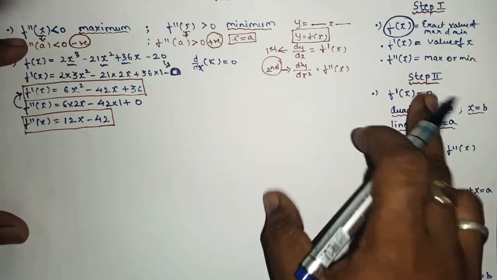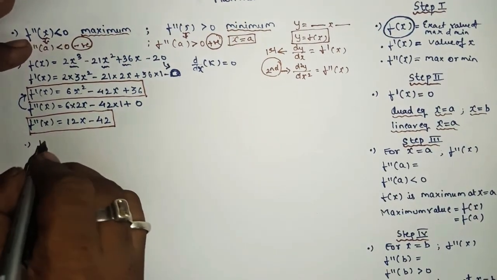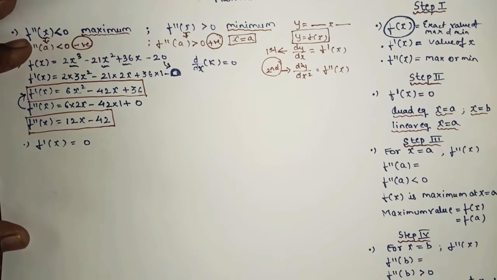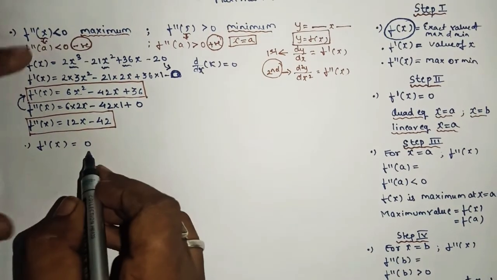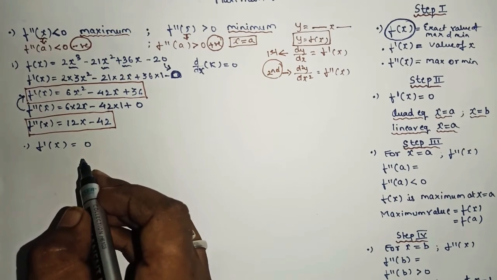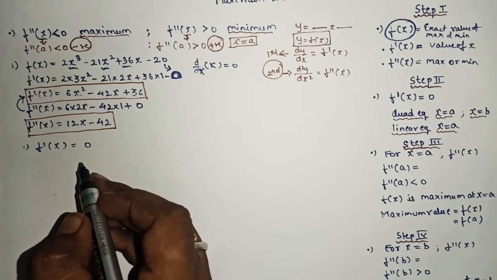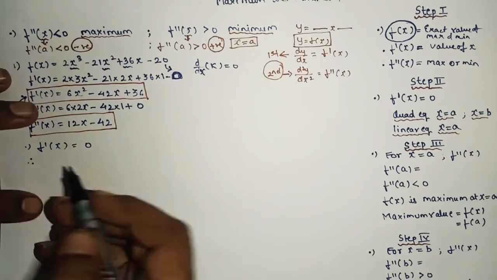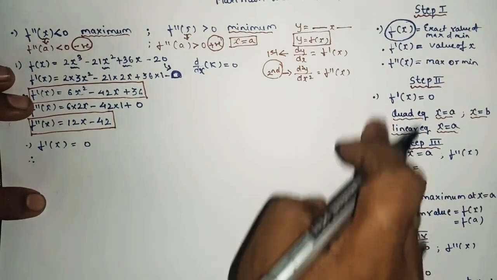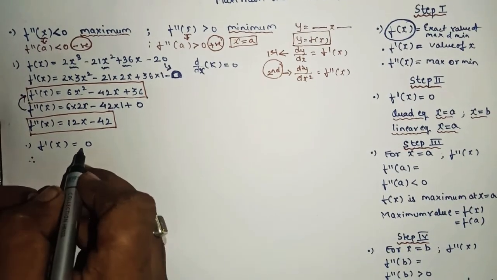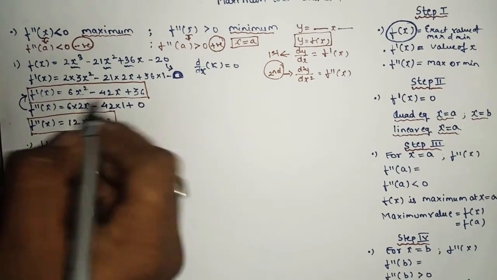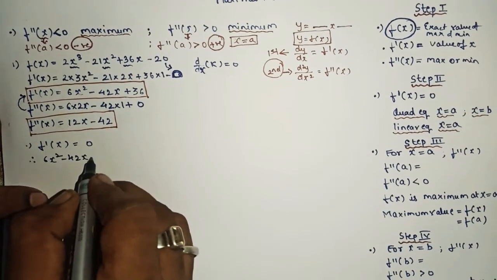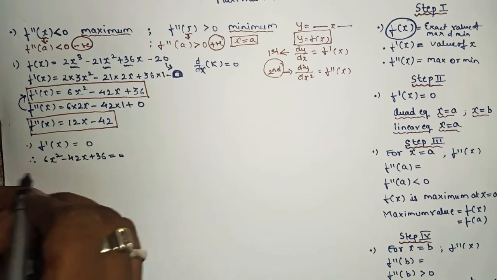As in step number 2, it says that we have to take the first derivative equal to 0. So at that point you will get the value of x. So now we'll see how to find the value of x. So just simply follow the steps. Okay, so f dash x you will write equal to 0. So here we have f dash x, that is 6x square minus 42x plus 36 equals 0. So therefore,